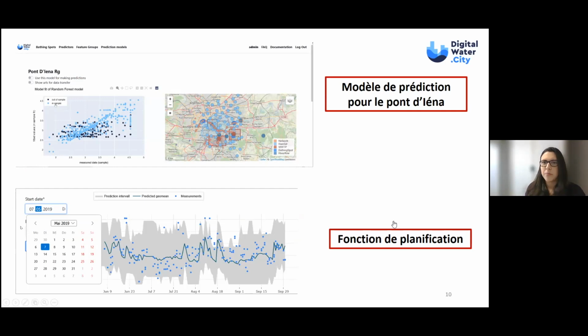And then, in addition to that, we've started working on the Iéna Bridge in Paris, which is the site for the Olympic and Paralympic Games in Paris in 2024, to have a first forecast model for Iéna Bridge. The results we got so far were not good quality ones, because it is based on 2016 to 2019 data.